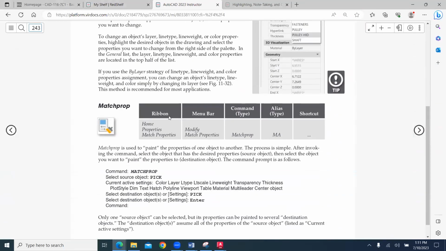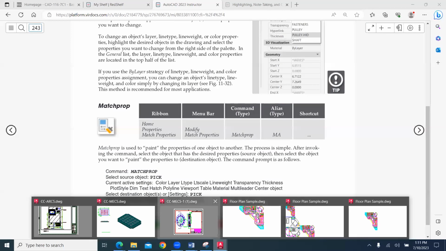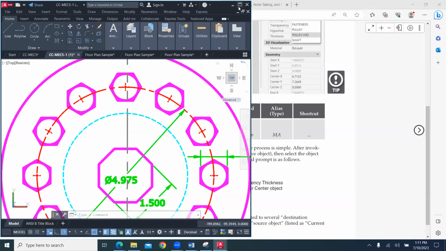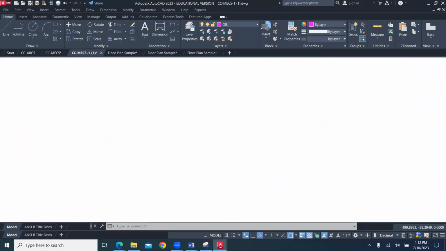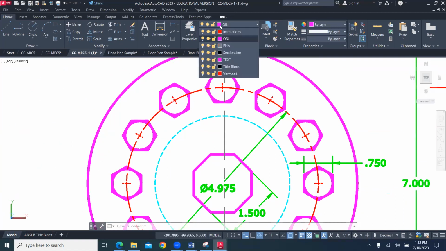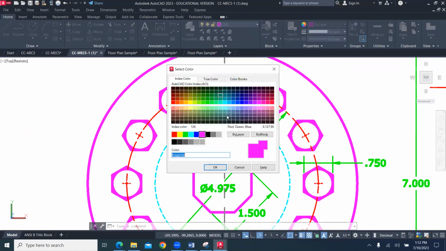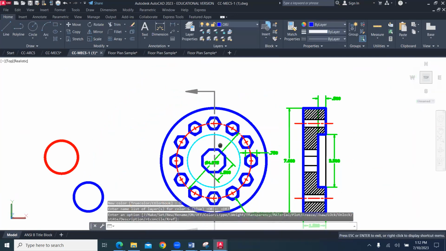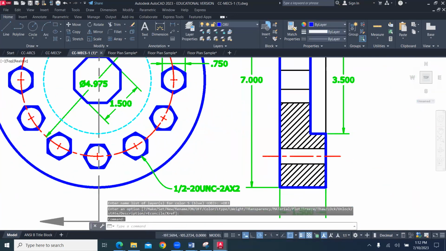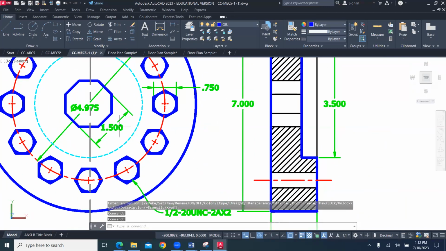And then properties allows you to override it. Match properties is a great command. In the match properties command, what you can do is you can select a property to clone. And so as we are working on our drawings here, let's say I wanted to go back to blue. And if we wanted to match the properties of something, so let's say that we wanted this to be on